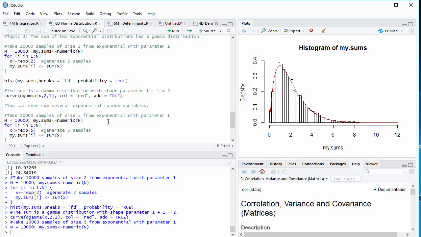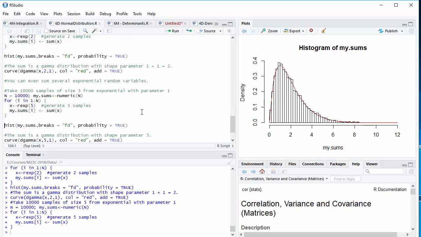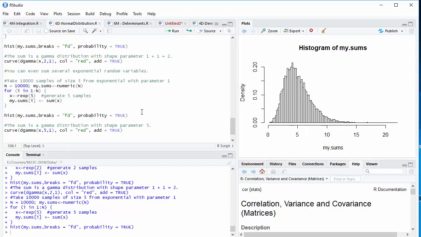In this case, I will generate 5 samples from an exponential distribution and take the sum. And there's the histogram. Well, it goes up, swings down, has a long tail. That looks vaguely gamma-ish, and in fact, it's precisely a gamma distribution, but now the shape parameter is 5,